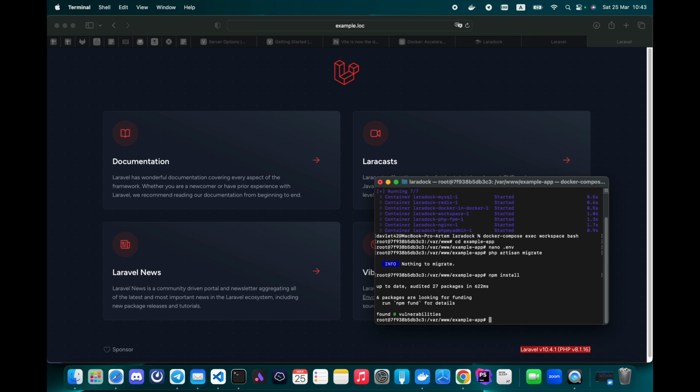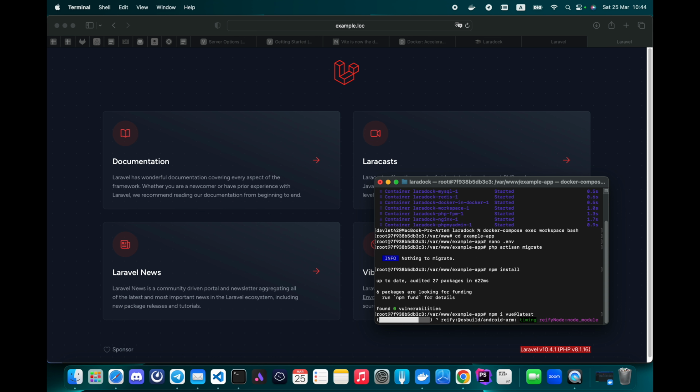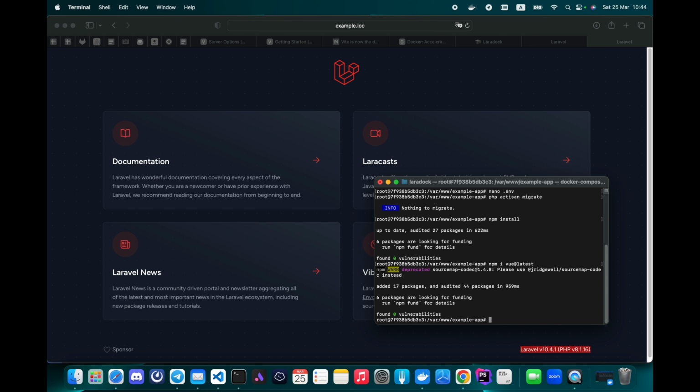Okay, first of all, let's install the latest version of Vue. You also need to install the Vite.js plugin Vue package.